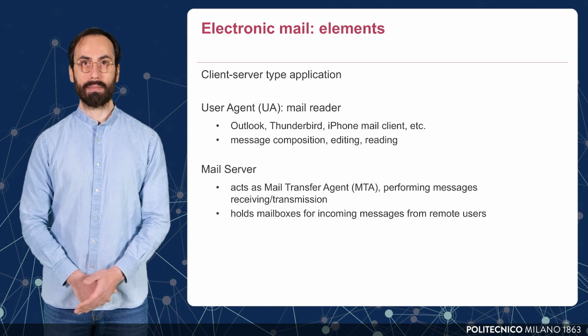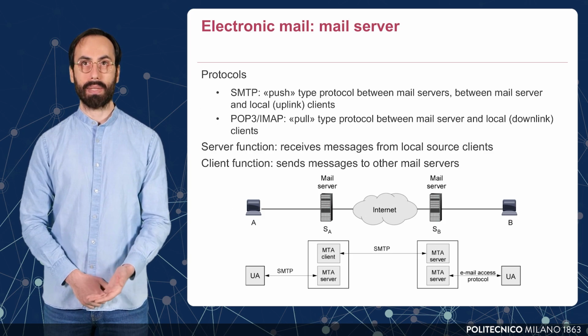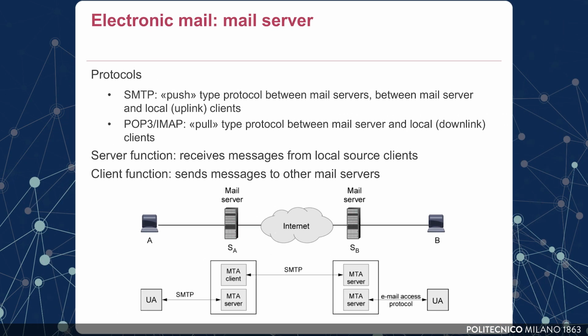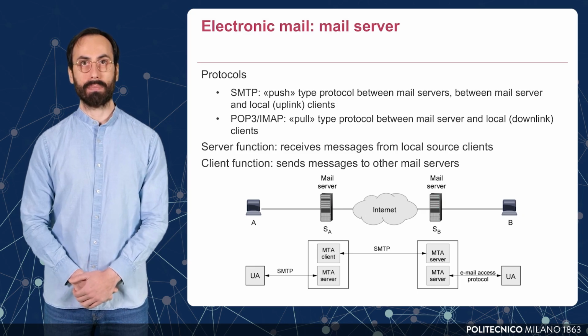Email communication relies on specific protocols to transfer messages between clients and mail servers. SMTP is a push-based protocol used to send emails from a client to a mail server and between mail servers over the internet. POP3 and IMAP are pull-based protocols that allow users to retrieve emails from a mail server. The mail server receives messages from local clients and forwards them to the appropriate recipient's mail server. Clients use SMTP to send messages, while recipients use POP3 or IMAP to access and manage their emails. This system ensures reliable email delivery and retrieval across networks.